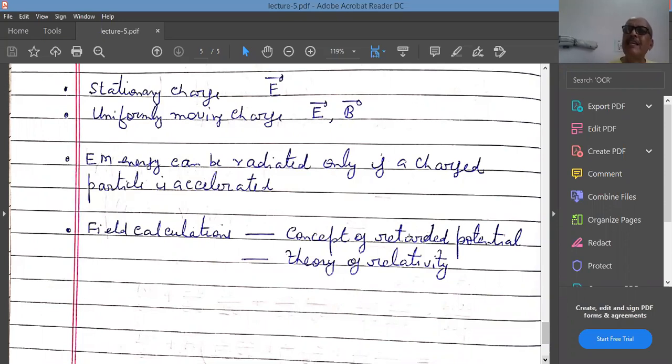To sum up, in this lecture I have introduced you to the two new parameters, that is A and B, although you must have read about them in your BSc classes as well, and must have solved some problems based on them. In place of solving for E and B by applying Biot-Savart's law, you can find the value of A and B first, and then make use of B equals curl of A and E equals minus gradient of B minus del A over del t to find the value of E and B. These types of problems and questions are there at the BSc level.